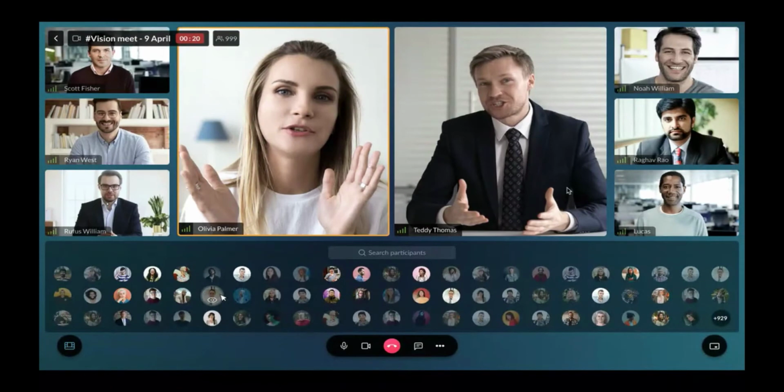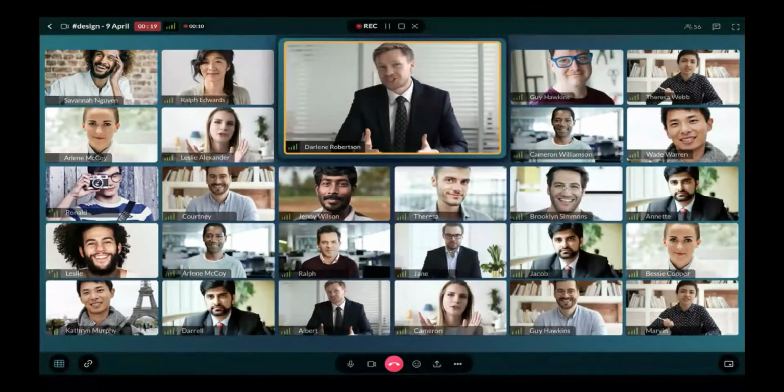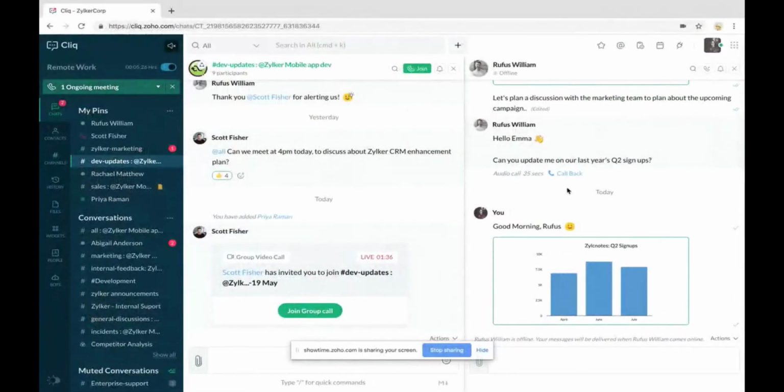As I already said, we can take notes, share screens and reactions, and even modify the device settings while being engaged in a meeting. So this is how it normally looks like, and when you switch to grid view, this is how the interface will look like. Quickly moving on to the next.